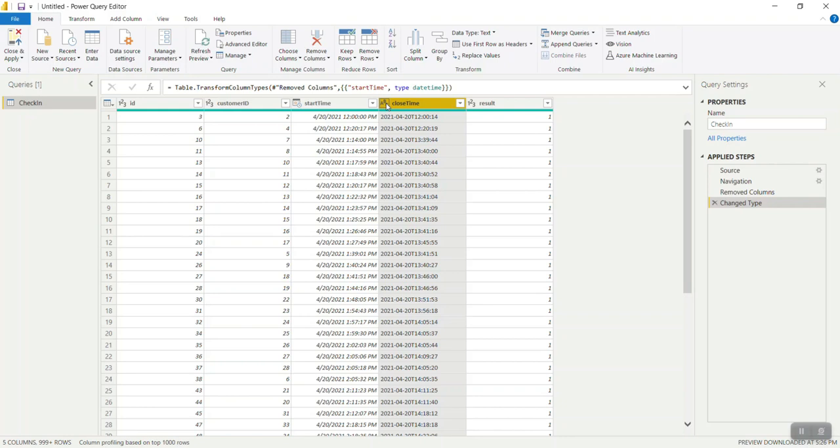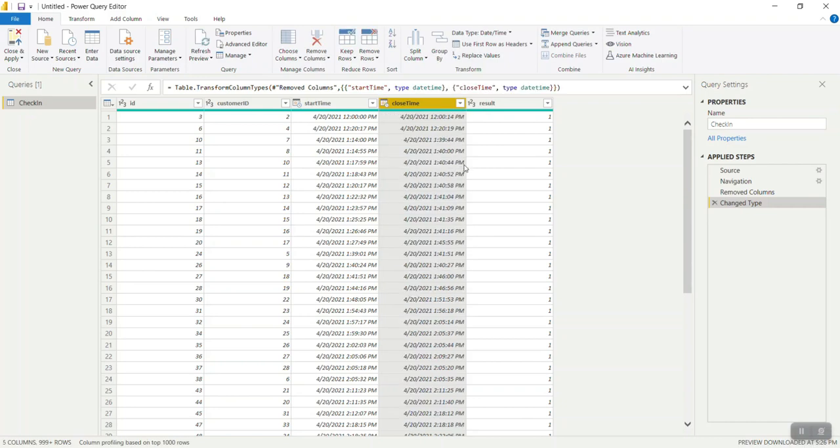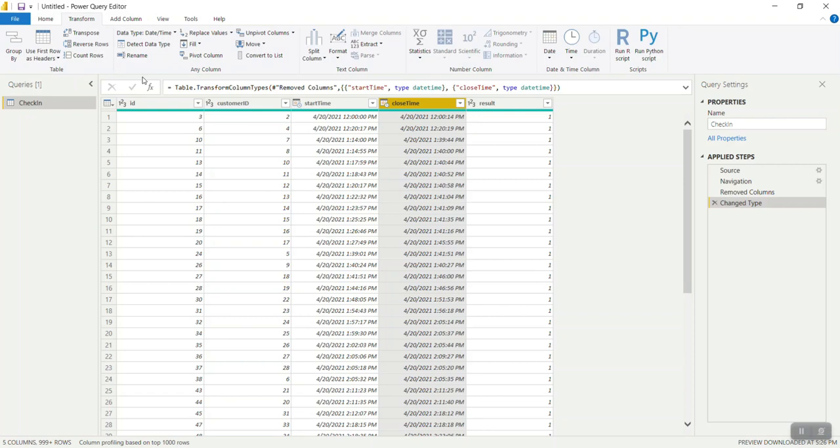For example, if I received any error while converting this, there can be error values in my data set. For that case I will use transform, go to the replace values drop down, and I can either replace values or replace errors with a preset value.